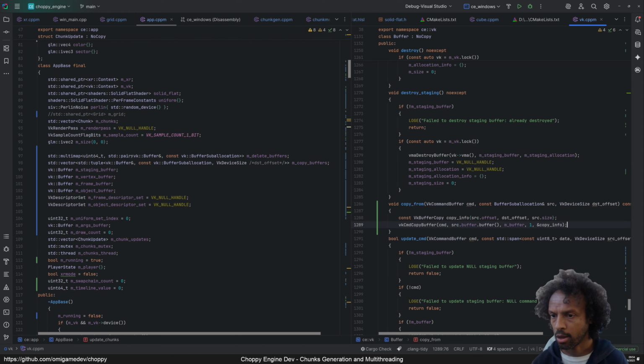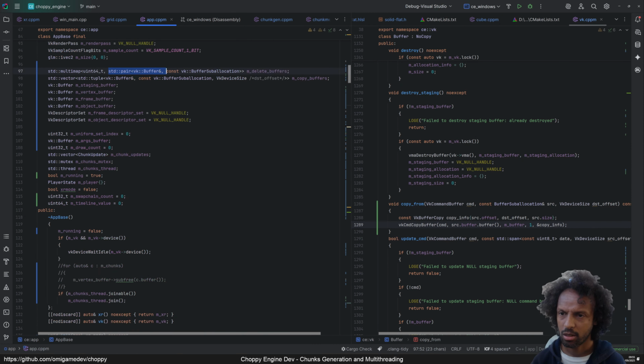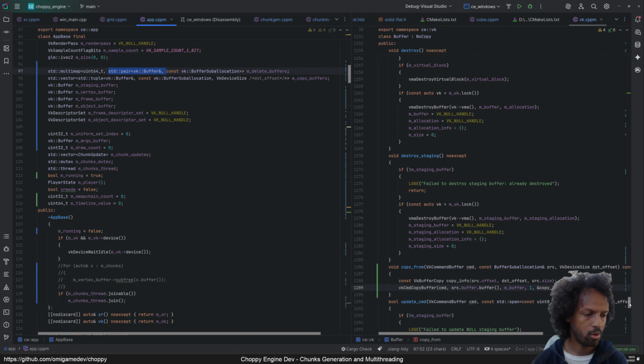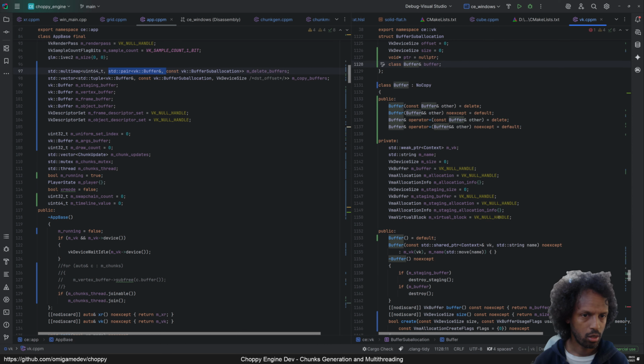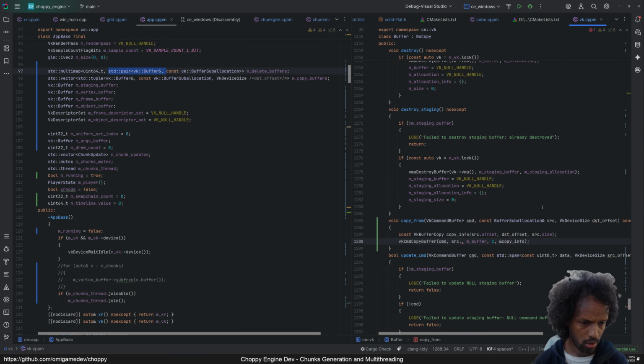And I would also say that since we already get the buffer from the buffer allocation, I guess I can just remove this guy. Or maybe not. No, I think it would be wrong to assume that we want... Yeah, this is too intricate. I think it's easier if we just copy from